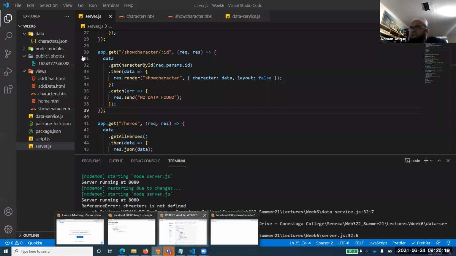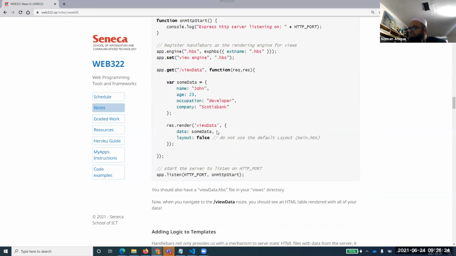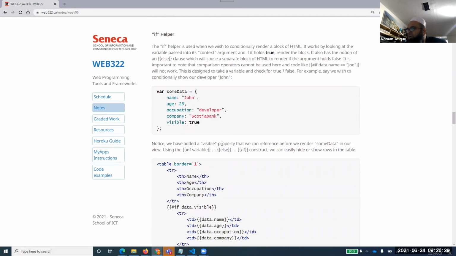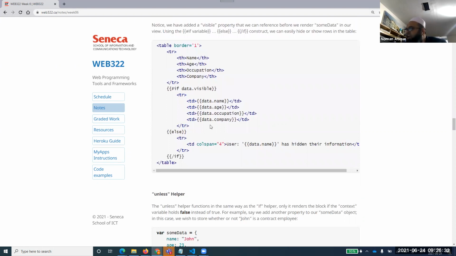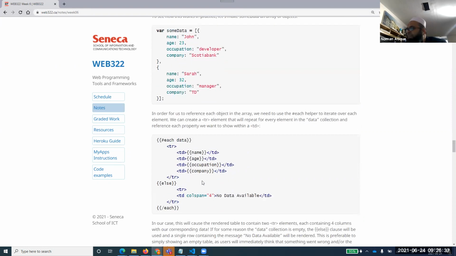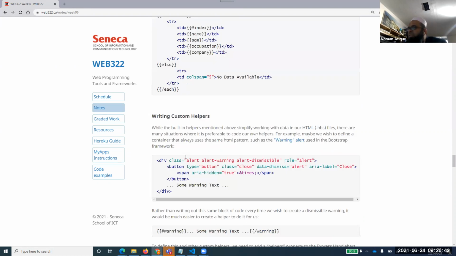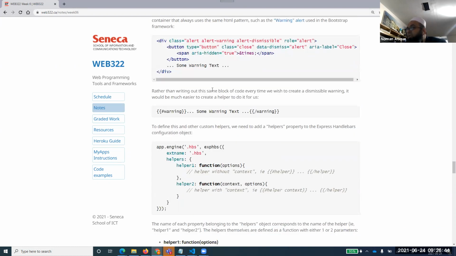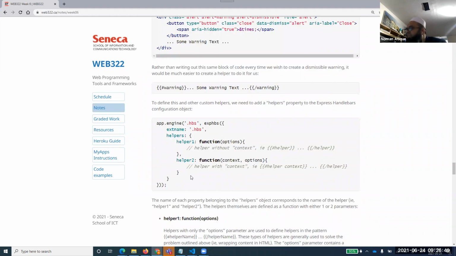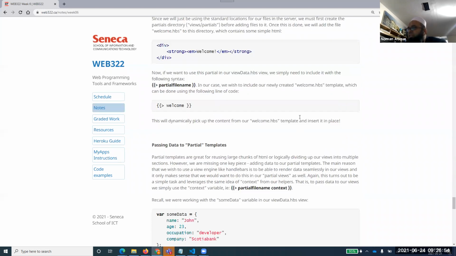So what I was talking about is all covered over there. I've given this example where we have covered all those things, and you can add the logic to the templates. You can just go and read that. You can use an if logic, and the each helper, which we have used, with each data and else. You can also write your own custom helpers, do those definitions over there, and those custom helpers will work for you. So this is something you have to read about.